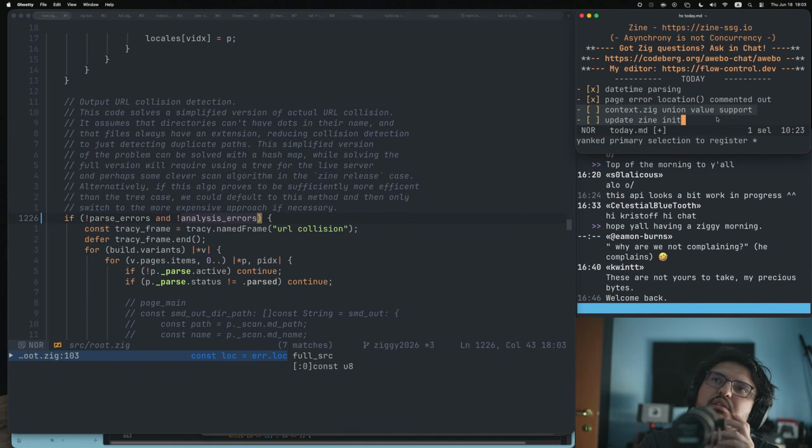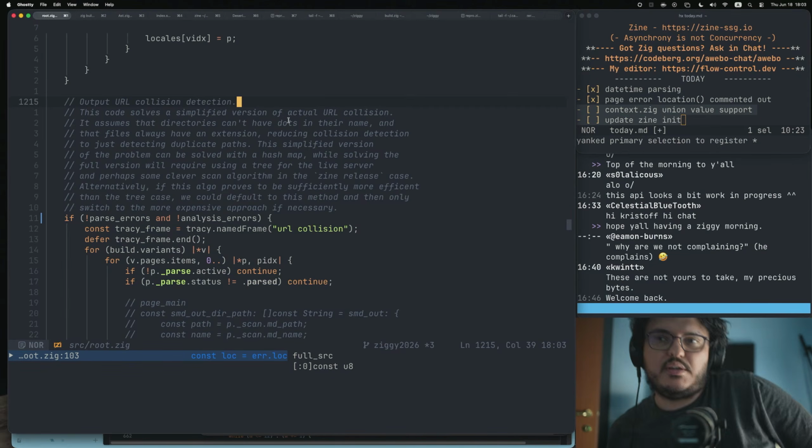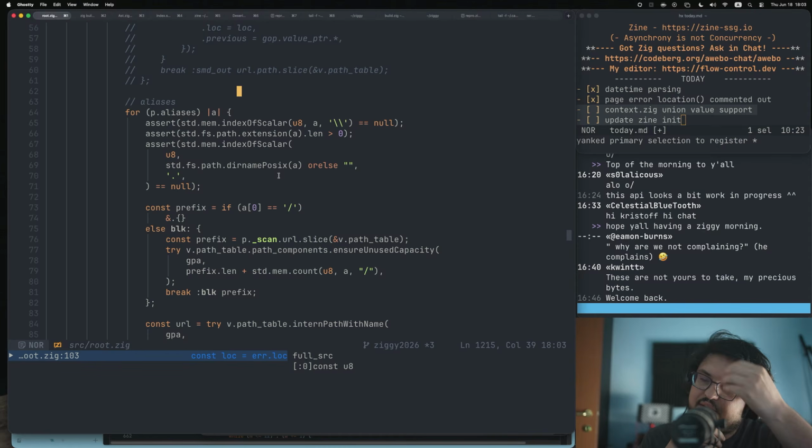I think I'm gonna stop here. This was good work for today. We got control back. We now control again what's going on in Zine when it comes to error reporting. I find it kind of cute that I'm finding all these tiny things that have gone out of sync. I'm obviously not elated to find these crashes,